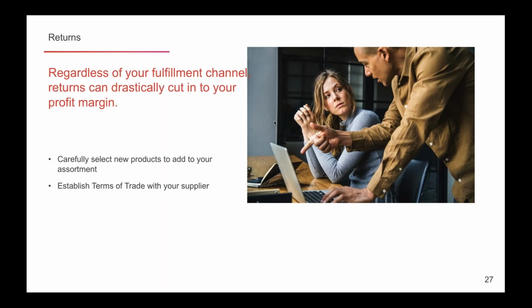Which is a big element that can help you manage your customer returns. So once your business is really successfully established, like most of our attendees here today, you can start to approach your supplier about negotiating for different types of discounts, and keeping returns and defective products in mind is definitely something to zero in on. With returns,